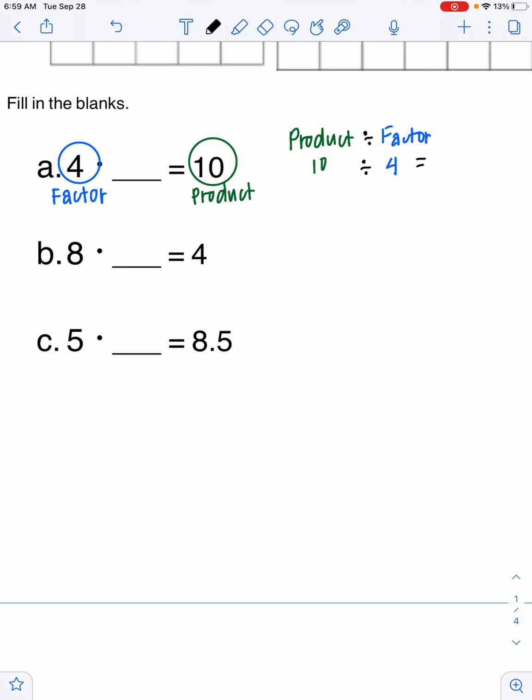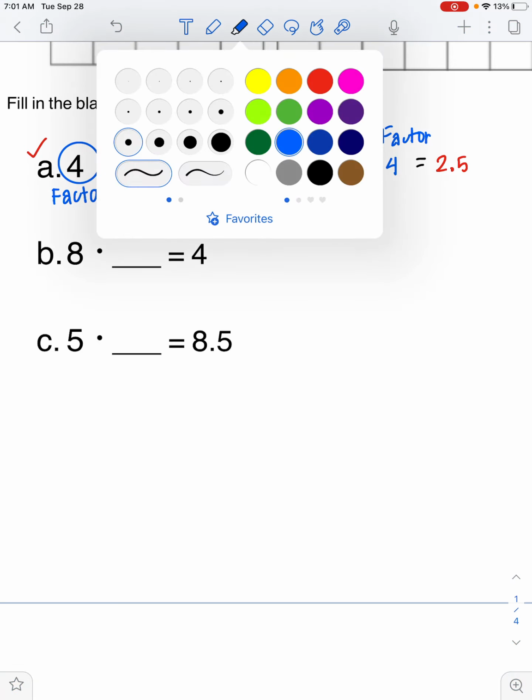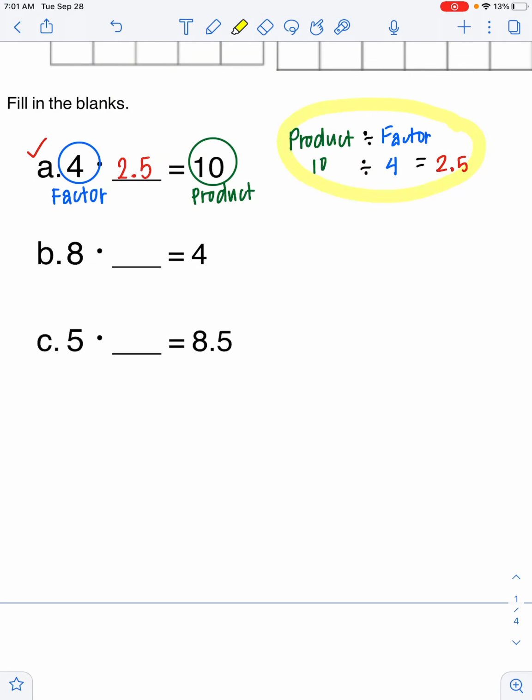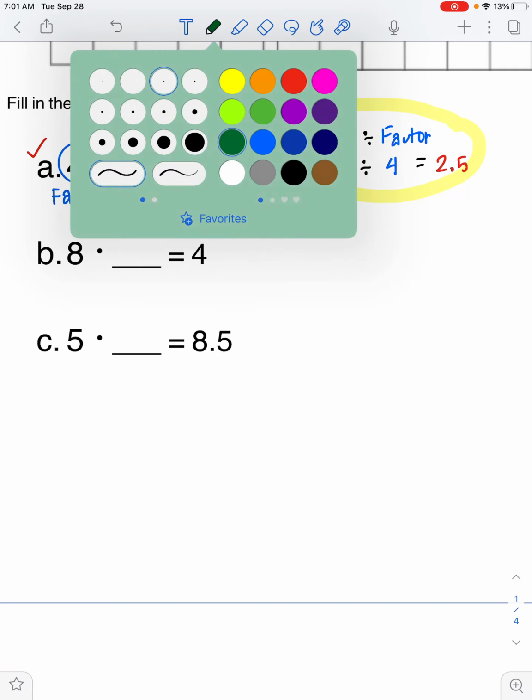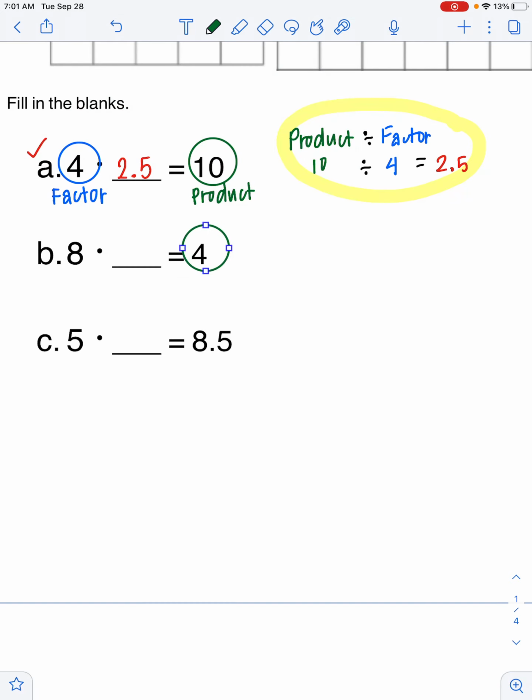Now we can always check to make sure that 2.5 is the correct answer by multiplying 4 times 2.5 to make sure that it actually equals 10, which it does, so we know we've got the correct answer for A. Now, I want you to follow these same steps of inverse operations to solve B and C. Remember, 4 is a product, and 8.5 is a product, 5 is a factor, and 8 is a factor. All you need to do is divide the product by the factor, like it's written out here,